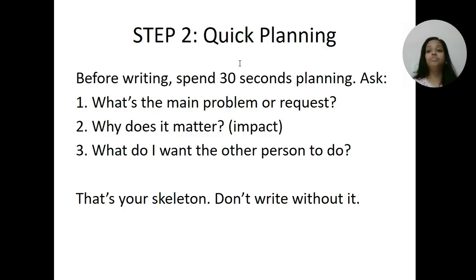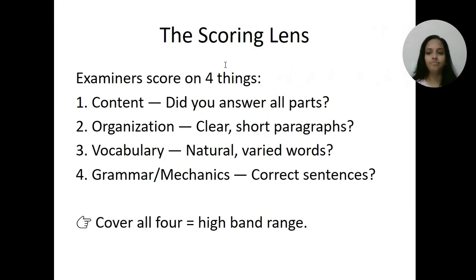So, here are some of the factors that you need to focus on while writing this task 1. We call it a scoring lens. The examiners aren't looking for fancy, poetic emails. They score you on four things. The first one is content, second one is organization, third one is vocabulary, and the fourth one is grammar or